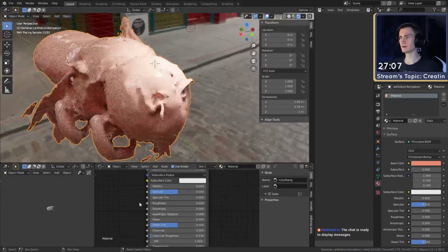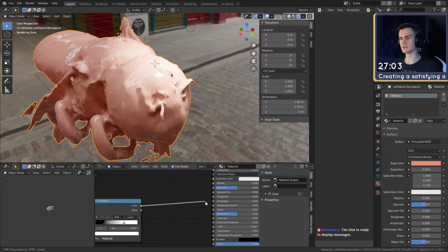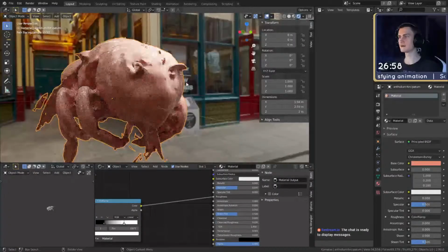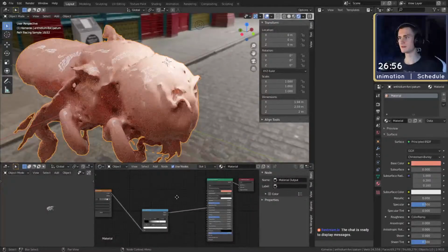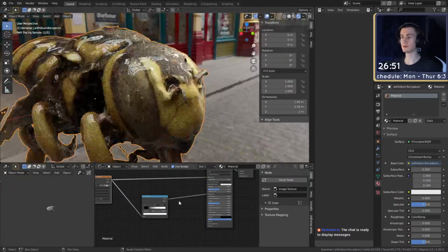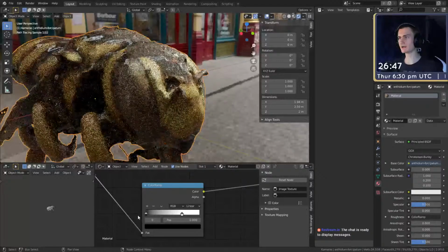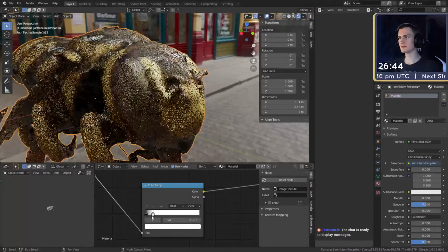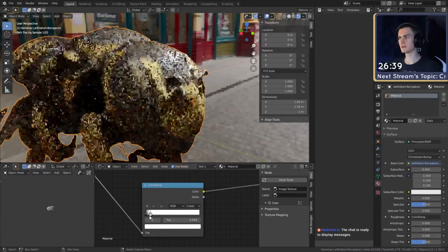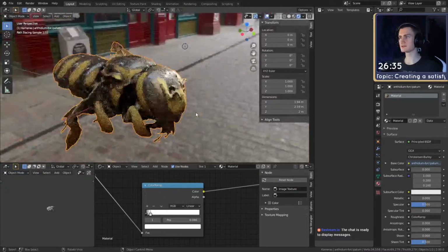Let's change the color just to see better, and then change the roughness down. Okay, so okay, it's changing. So put the color into the roughness, and we should see some different reflections. Maybe not as much as I would expect. Oh, now it's shiny. Okay, okay. Pull this further back. Maybe this more to the front. Okay, now we have some different glossy values. So some parts are glossy, some parts are not.